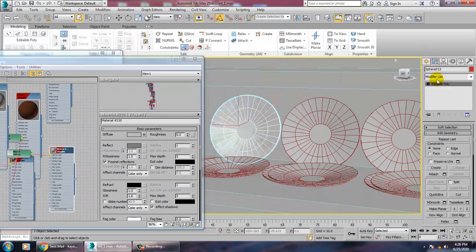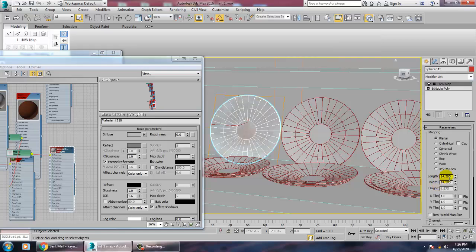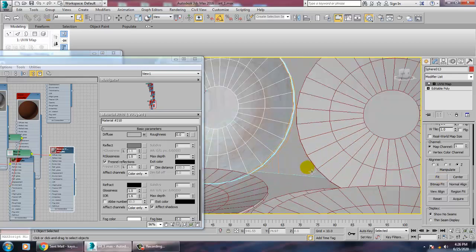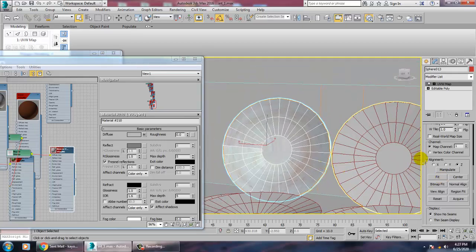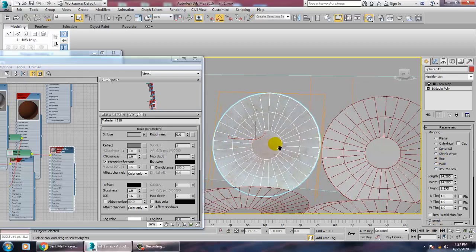So let's go into this modifier and just give a box or a cylinder, whatever you want. You can just give a cylinder in whatever axis you want. You can just fit that, or you can even give it as a box, not a problem.